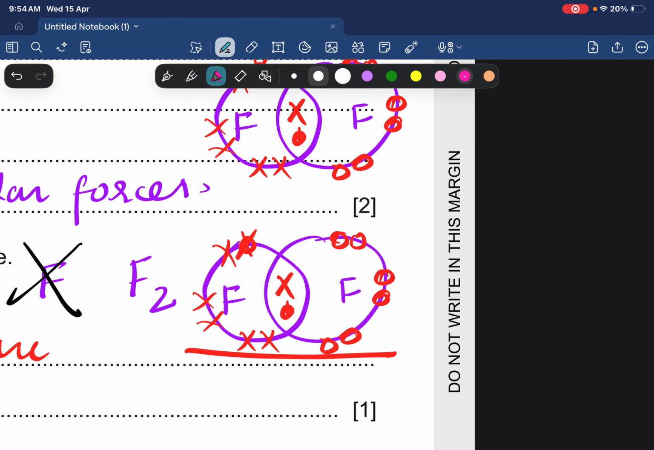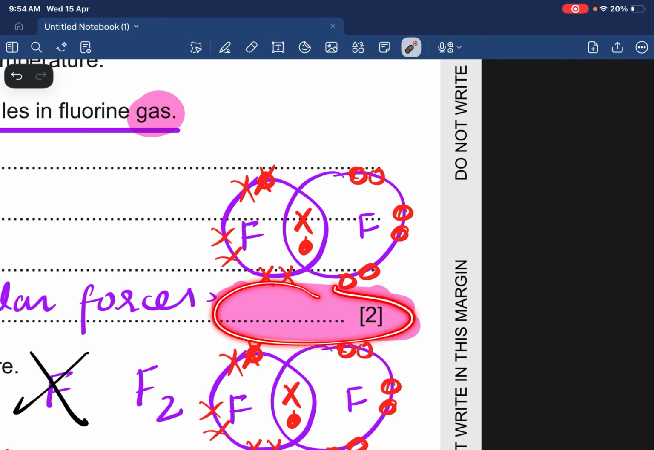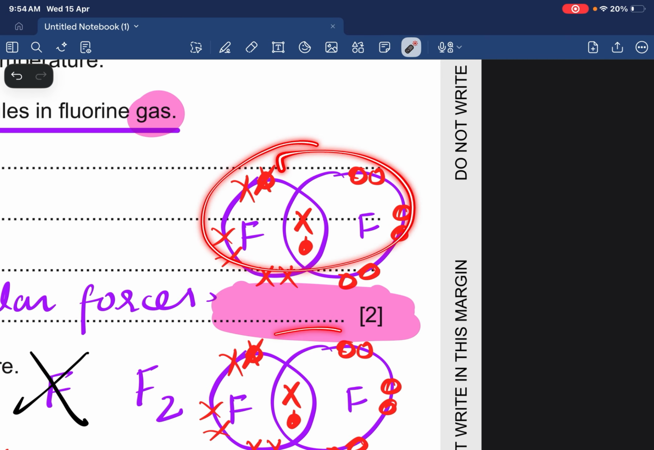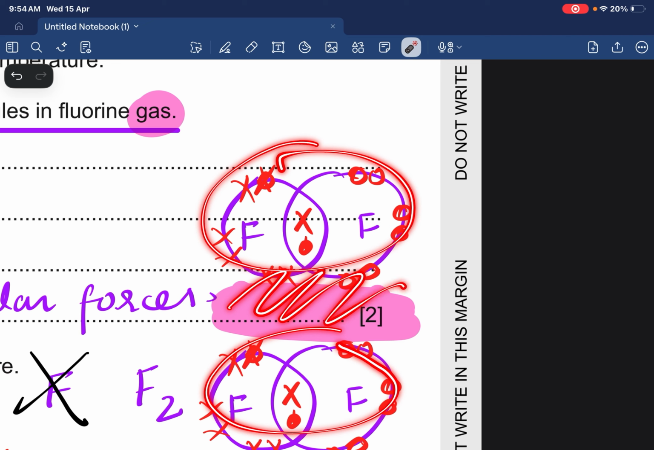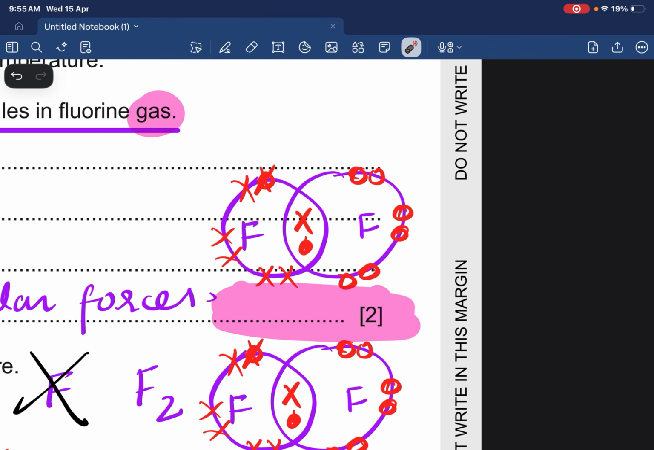Between these two fluorine molecules, there is this space, and between this molecule and this molecule there is this weak intermolecular force between two molecules that's holding them together, and that's very weak. So if this was strong, then it would have been a liquid or a solid, but it's weak, so it cannot hold the two together. Okay,